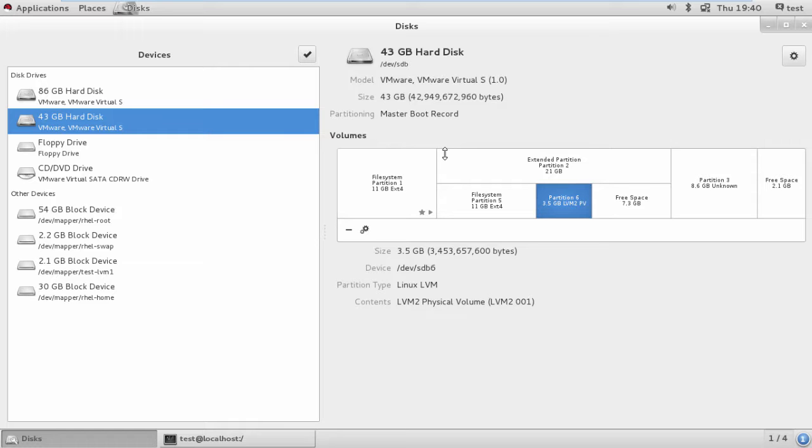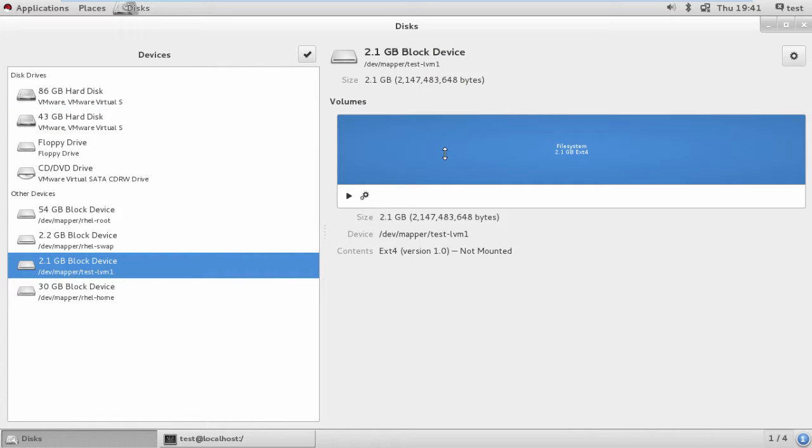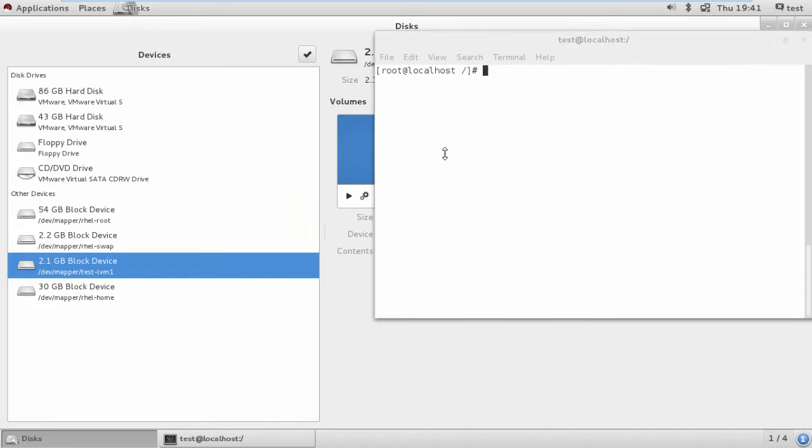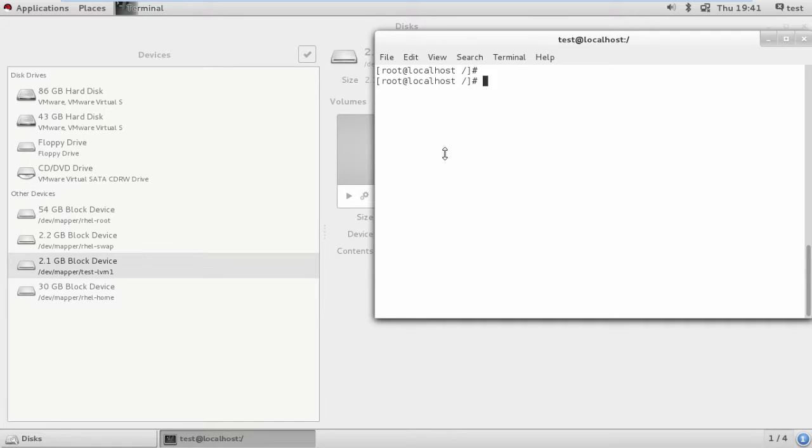Now you can check in the graphical menu, partition 6, LVM2 has been created, that is the PV, and your mapper test. You have LVM1 created and you have saved data over here, but you will not be able to see what data you have saved here. So we need to mount it. Or if I want to extend the size of this particular volume, for extending the size, we have the command